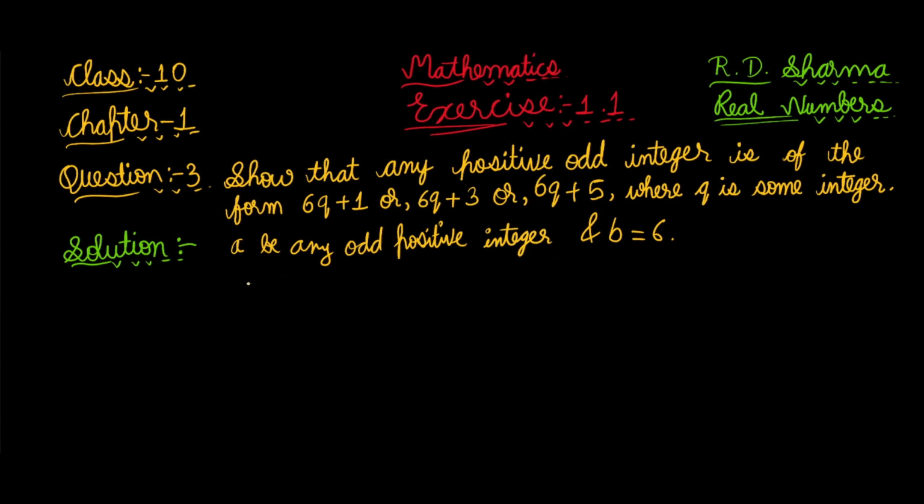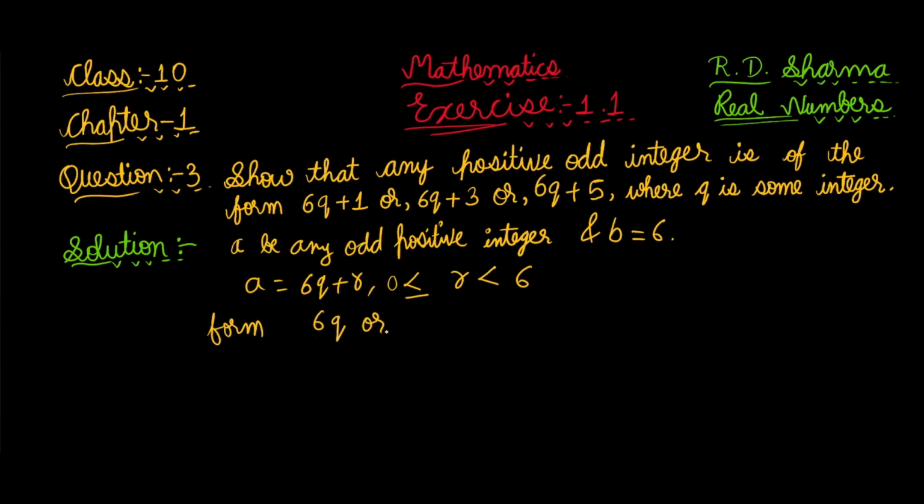So we can write that a is equal to 6q plus r, where r is greater than or equal to 0 and less than 6. So we will get the form